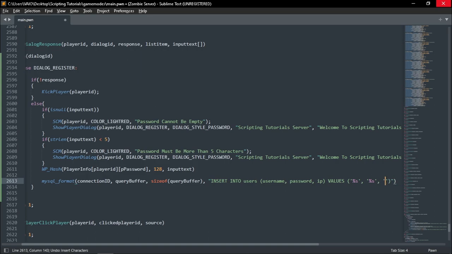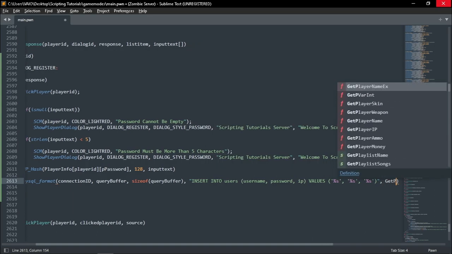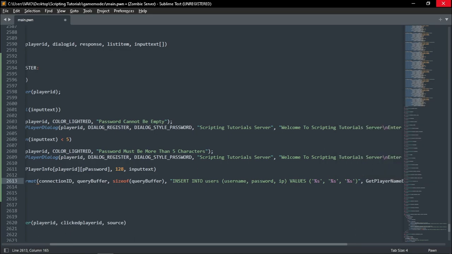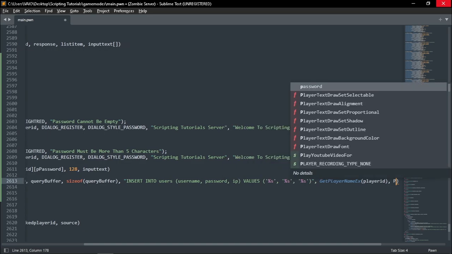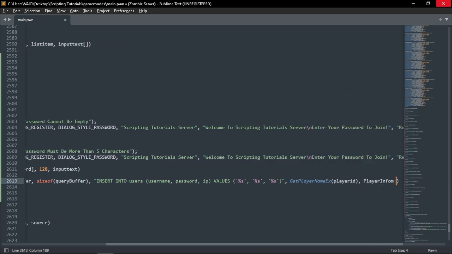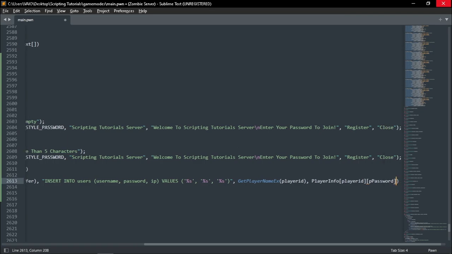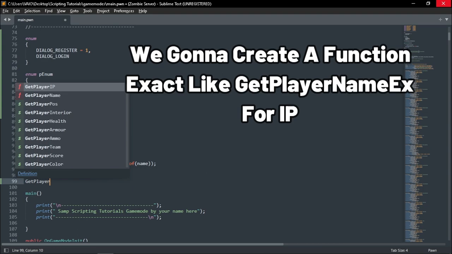sorry, not like this, but like this, percentage s, and after that here add get player name ex, which would be this player id. So our name is done. Then password would be our player info, player id, password, and our ip would be get player ip,